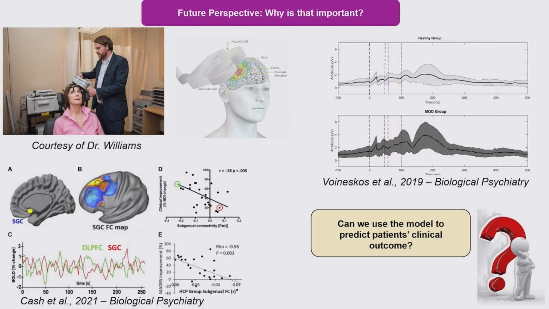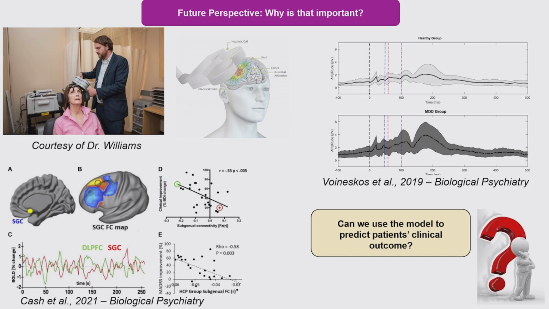So the last part is something that we are actually doing at CAMH with brain stimulation and models of brain stimulation in the context of depression. The question that we have is that, as you might know, TMS is an FDA-approved treatment for depression, rTMS, and there are a lot of great studies that have shown how we can use functional MRI, for example, for predicting the clinical outcome or TMS-EEG measures. The question is, can we use the model for predicting the responses, making the model